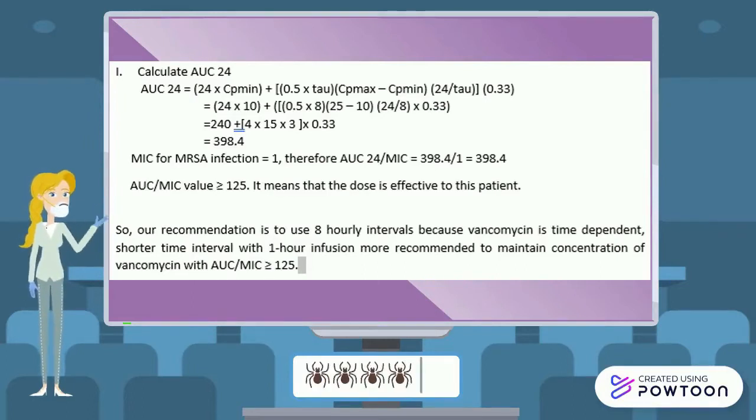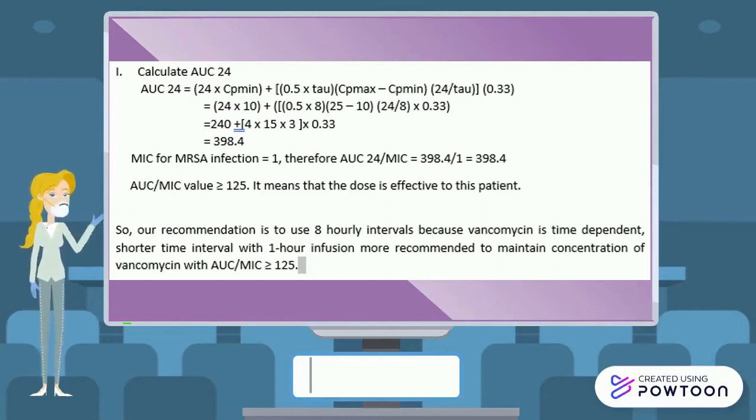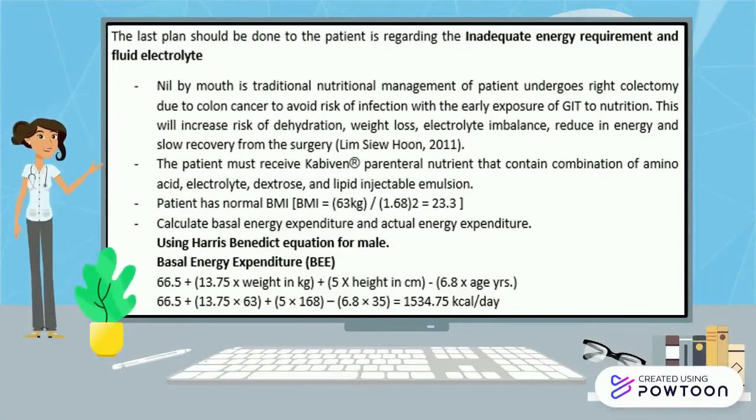So our recommendation is to use 8 hourly intervals because vancomycin is time dependent. A shorter time interval with 1 hour infusion is more recommended to maintain the concentration of vancomycin with AUC over MIC of more than 125. The last plan to be done for the patient is regarding the inadequate energy requirement and